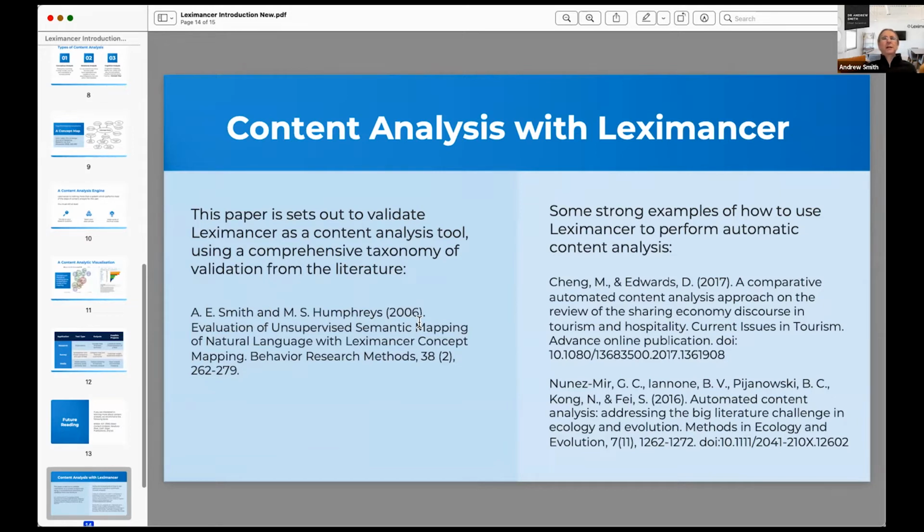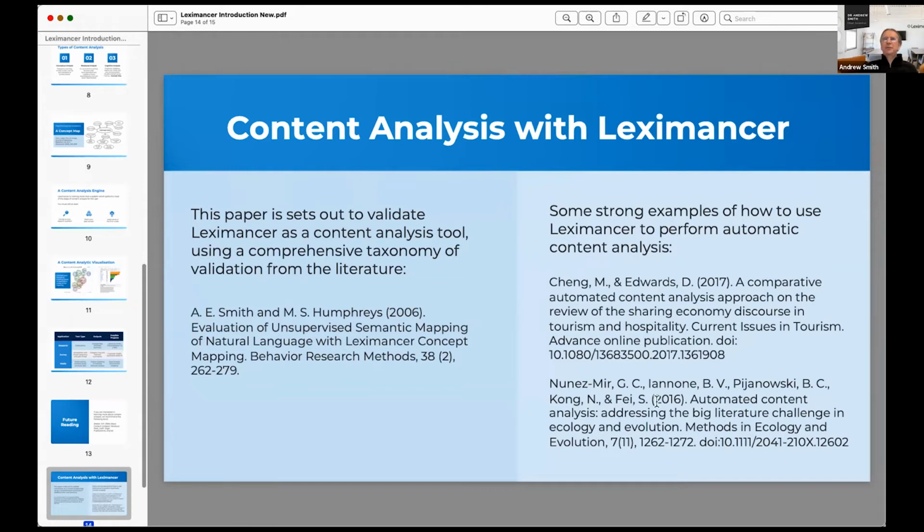We also talk about technically how Leximancer works, and it's a fairly long technical read, but it is a peer-reviewed validation of Leximancer as a tool. Mike Humphries was a professor of cognitive psychology, so it really was validating it as a psychological method.